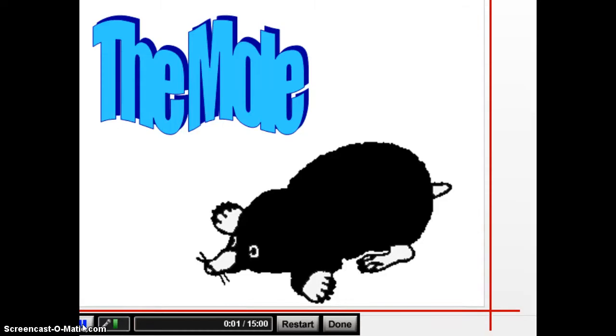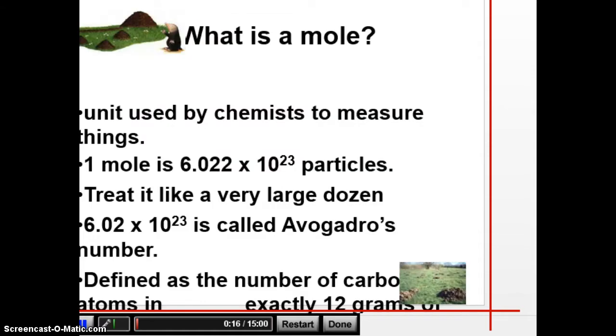All right, now we're on to the second part of the chapter, which is the mole. The mole, you might think of a cute, fuzzy little creature, but in this case, we're going to talk about a number in chemistry. And in chemistry, the mole is a huge number. If you look at the number on the screen, 6.022 times 10 to the 23rd, that is